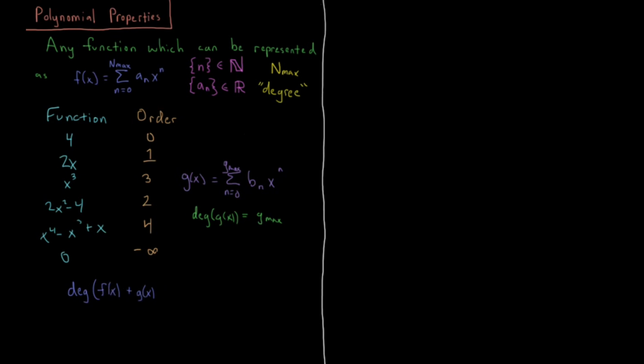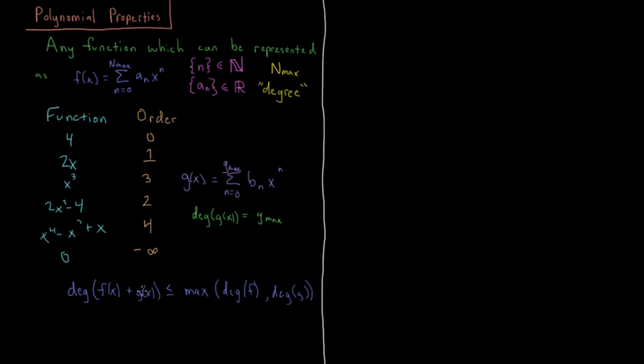That is going to be less than or equal to the maximum of the degree of f and the degree of g. So whichever one of these has the largest degree, that's the candidate for what the largest degree could be of their sum. But for example, if their largest values, like if this is x cubed plus x and this is